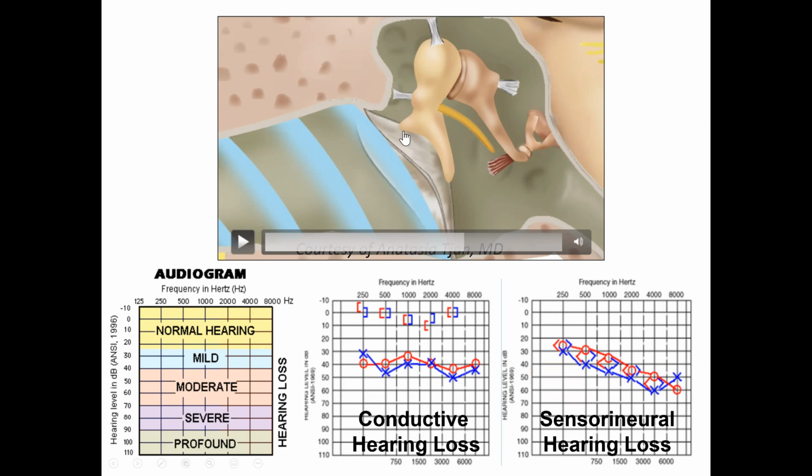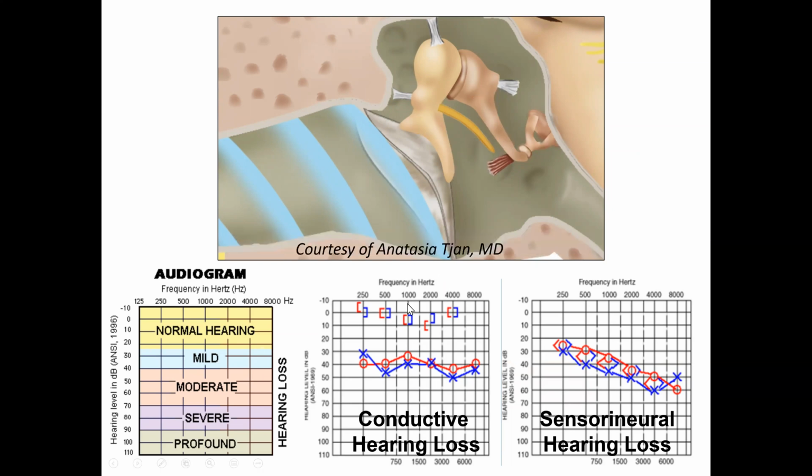that impact the tympanic membrane. This ends up turning the sound waves into mechanical energy, and eventually the mechanical energy is turned into fluid energy. Eventually that fluid energy is turned into electrical energy. So when we talk about conductive hearing loss, we're going to be talking about, if you will, the first half